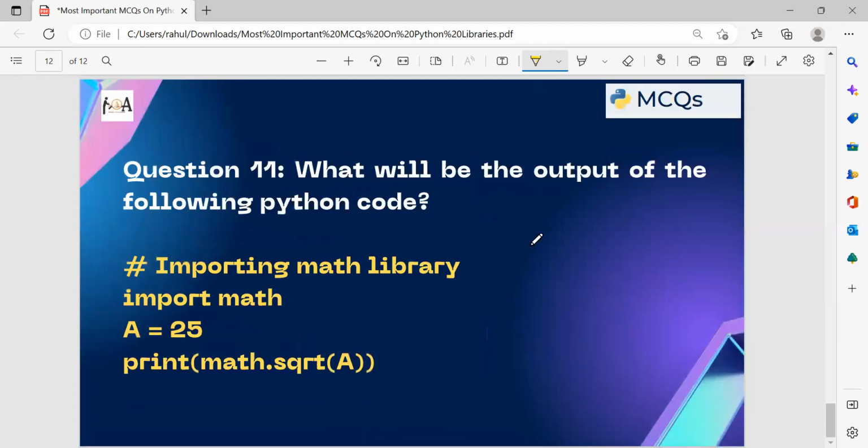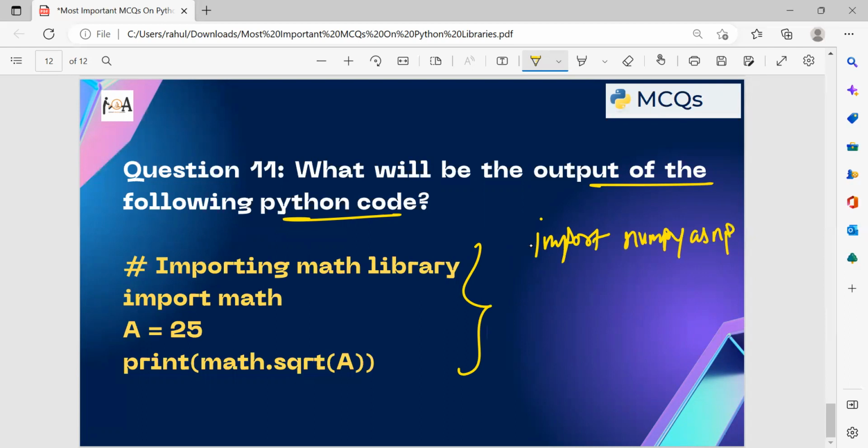Question number 11. What will be the output of the following Python code? So this code is there. For importing any library, the syntax is import. For example, we want to import numpy, so import numpy as np. It means that we are importing the numpy library with the name np. Here we are importing the math library, and the input given to a variable is 25. What function are we applying under the math library? math.sqrt, that is sqrt, square root.